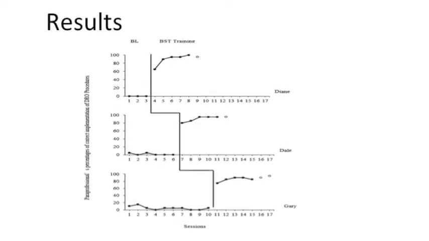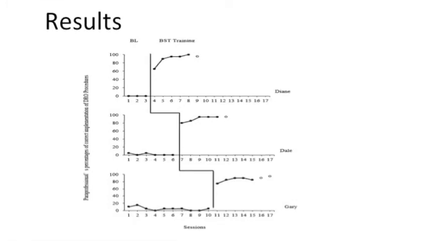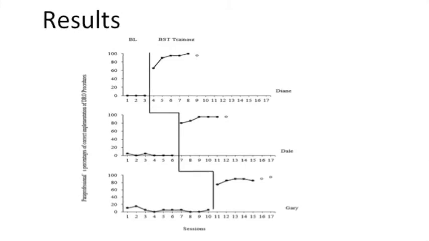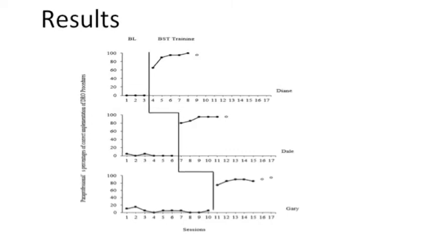Diane showed stable responding at 0% for all 3 baseline sessions and had a mean of 0%. Diane showed a significant increase in level from baseline to intervention and began intervention with 65% correct implementation of DRO procedures. This trend continues increasing during the rest of the intervention sessions, as she shows 90% during the second intervention session, 95% for the third, 95% for the fourth, and ends the intervention phase with 100% correct implementation of DRO